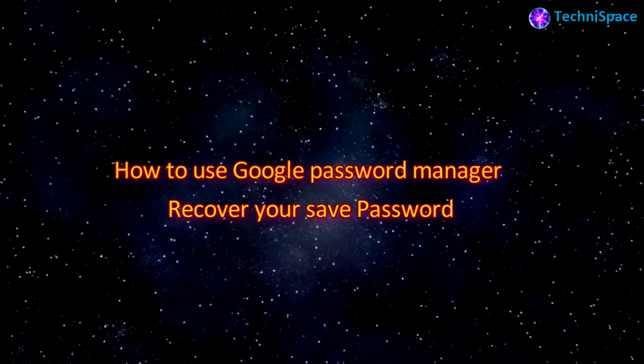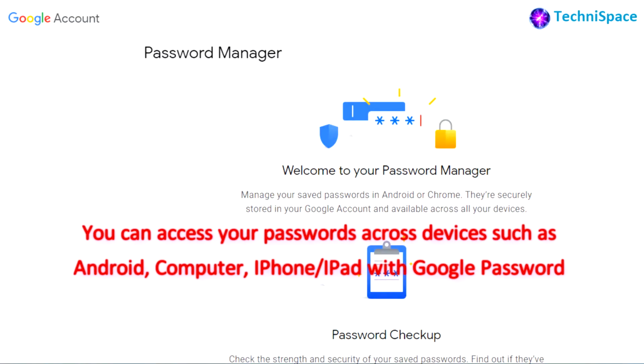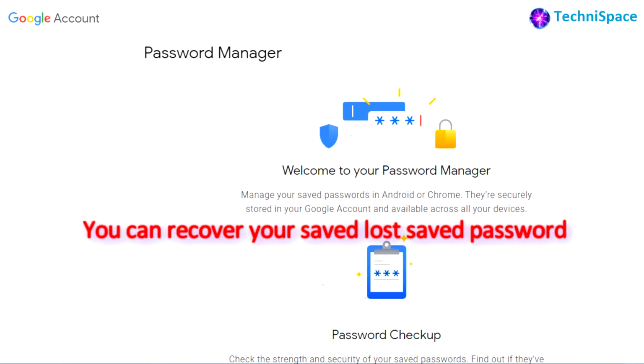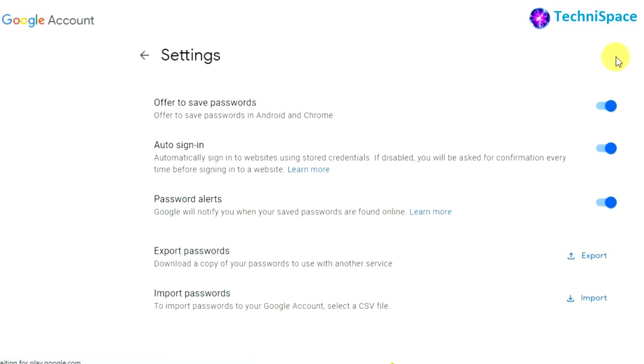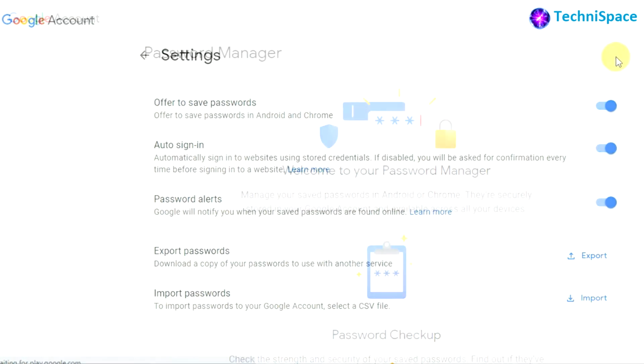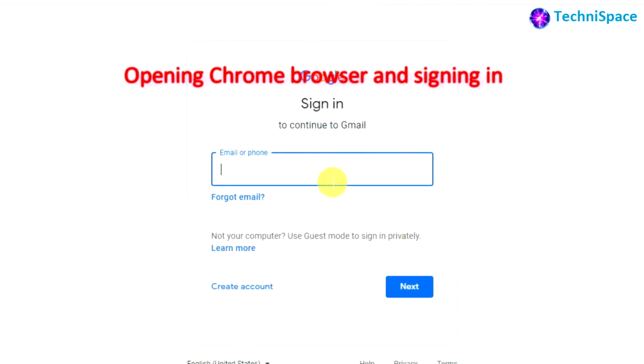Hi again, in today's video, you will know about Google Password Manager, which is free. You will know how your passwords are saved and how you can recover your passwords that you have forgotten or when you had to format your hard disk. With Password Manager, you can import and export your passwords. All about this and much more you will find in this video. Therefore, do not miss any part of this video.